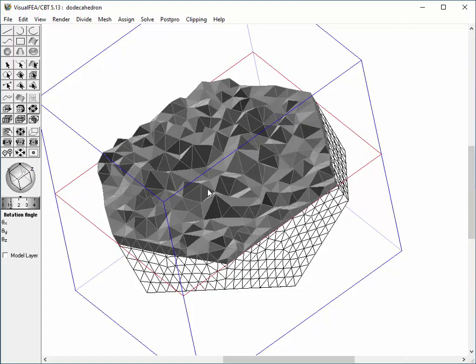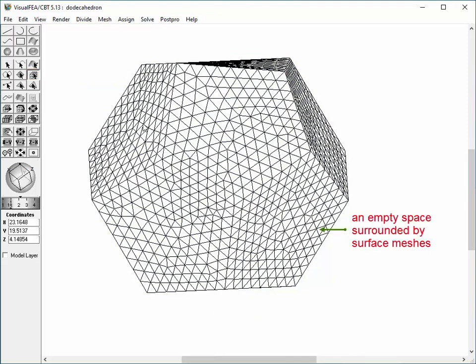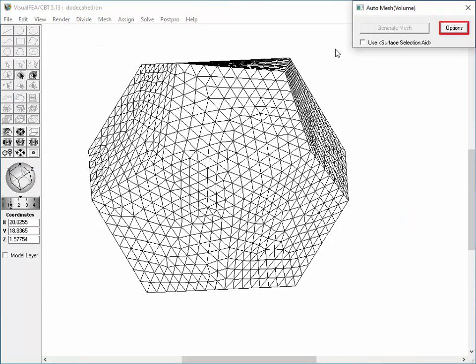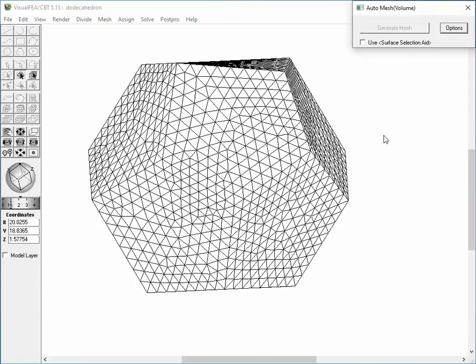There is an option to change the variation of the element sizes. Select the volume mesh and delete it. Let's regenerate the volume mesh with the other option for the element sizes. Click Options button of the Mesh dialog. There is an item of adjusting the variation of element sizes in the option dialog. Click Large radio button. This option will make the element sizes vary largely. Close the option dialog